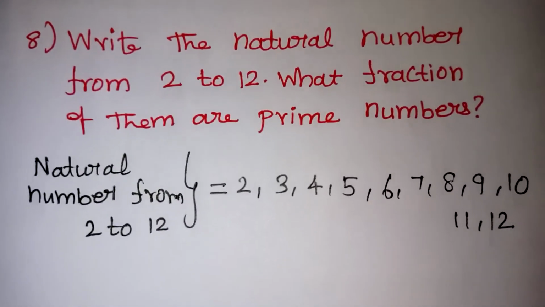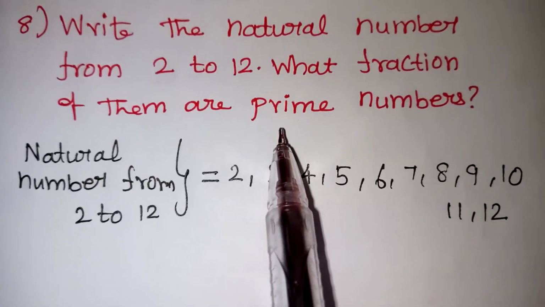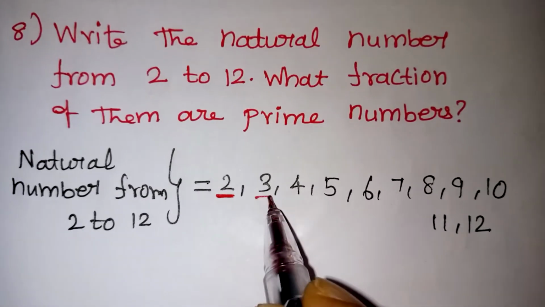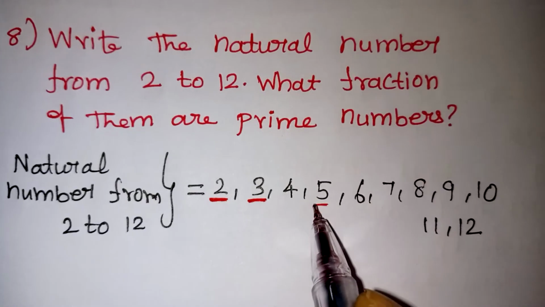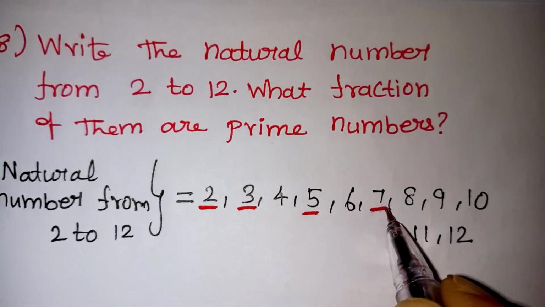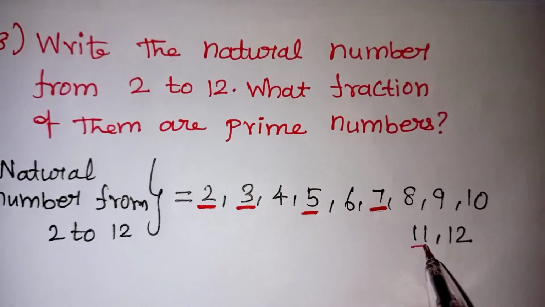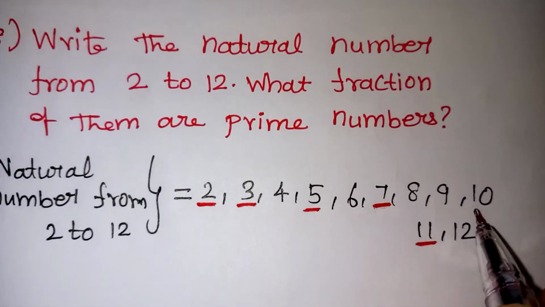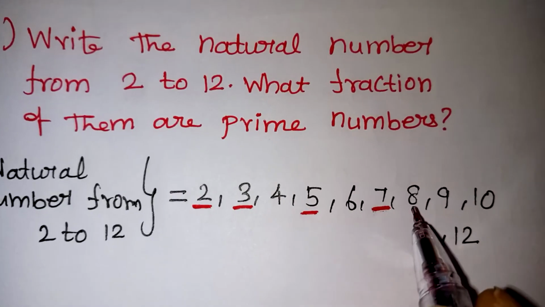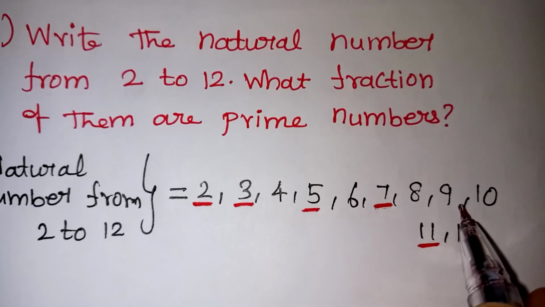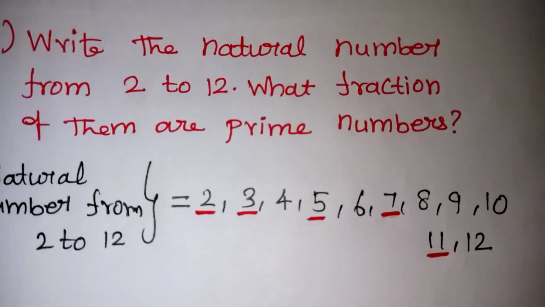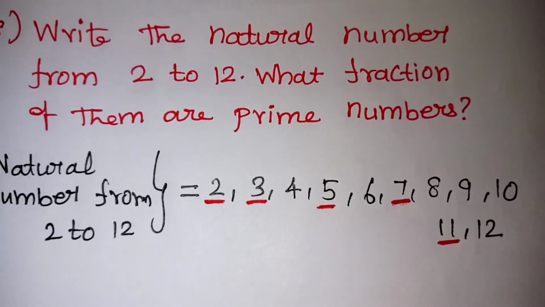Now what they have asked you to find is how many of them are prime numbers. So here 2 is a prime number, 3 is a prime number, 5 is a prime number, again 7 is a prime number and 11 is a prime number. Remaining numbers will come in some other tables. 4 will come in the 2 table, 6 in the 2 table, 8 in the 2 table, 9 in the 3 table, 10 in the 5 table. So a prime number means the number should not come in any other tables. That is called a prime number actually.